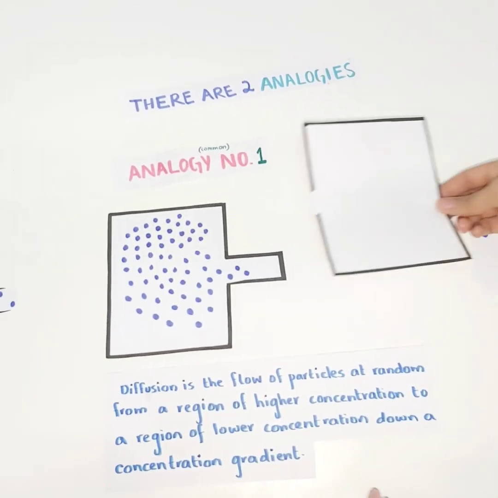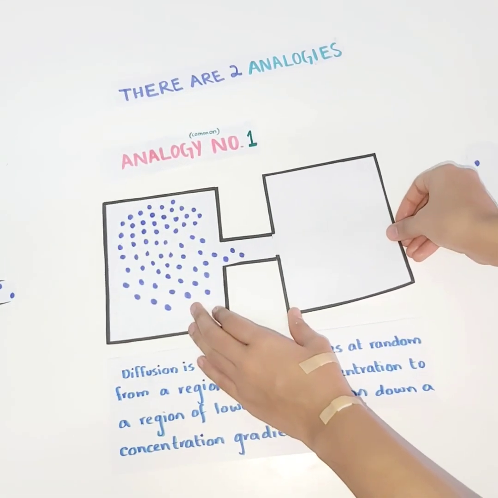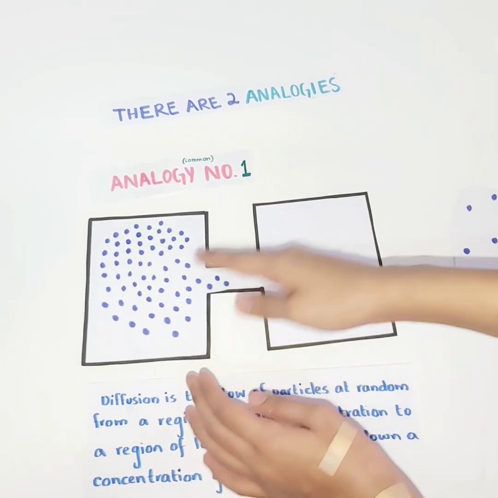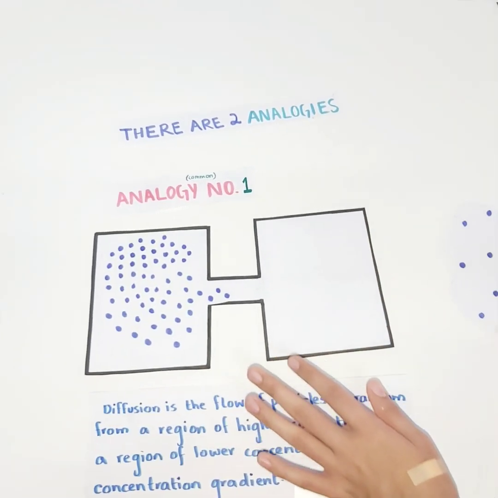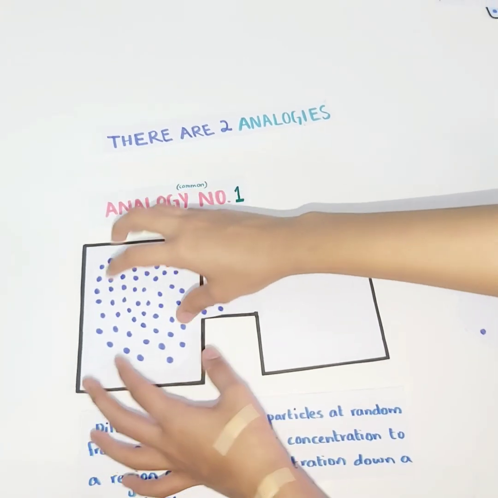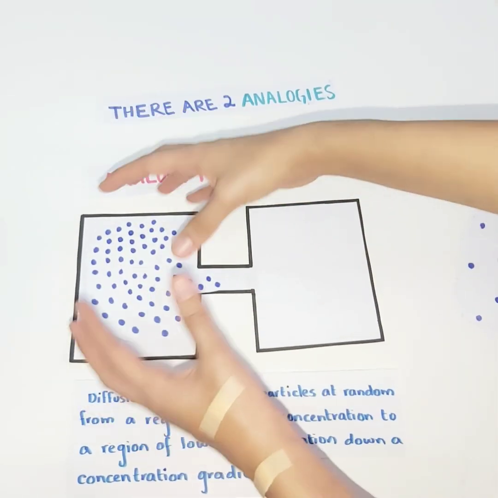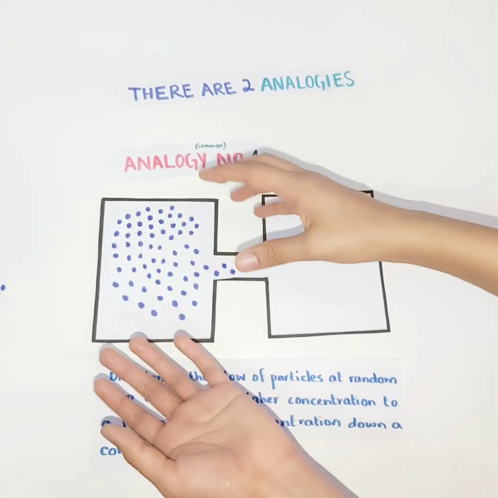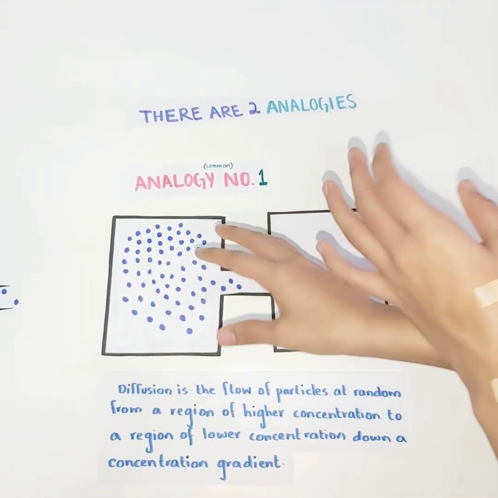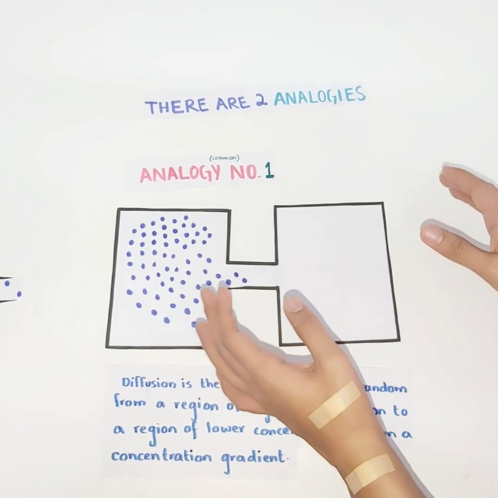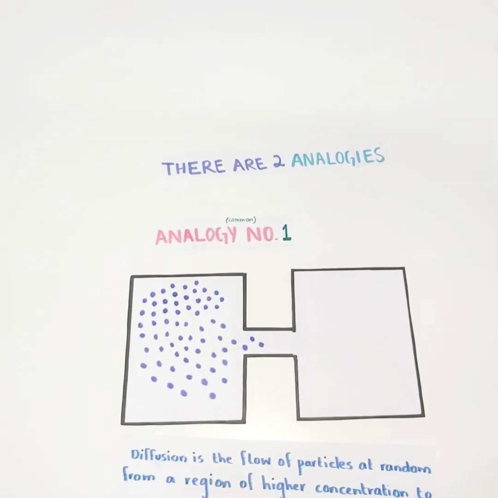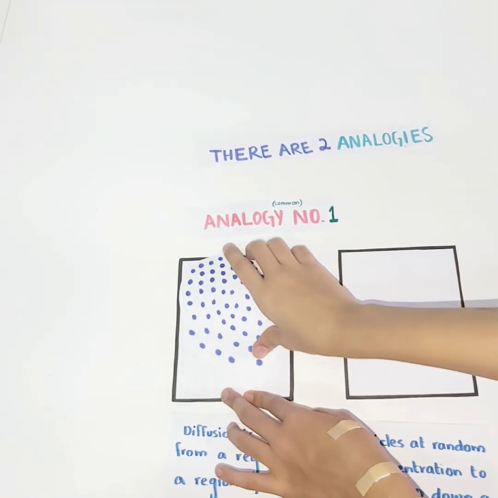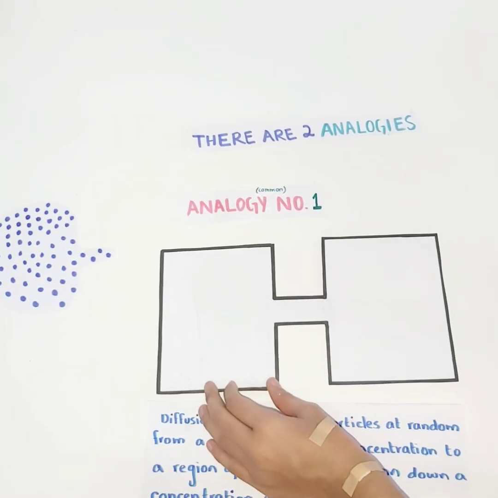Now suppose that I add a room, and there is an opening to the other room, and the particles are allowed to go to the other room. Now these particles are clustered together. They don't really like being closed up in a closed space. They obviously want to spread out. So when they see a vacant room, they would move to the vacant room, and they would not be so concentrated, and they would spread out